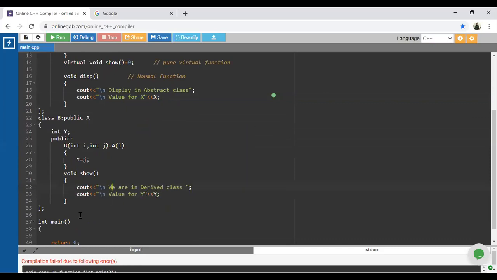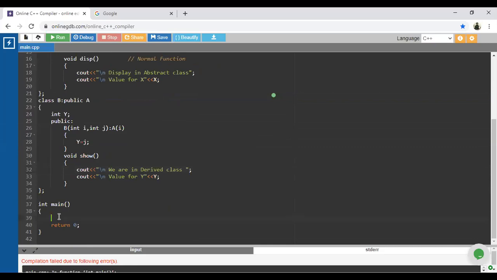Now create the object. For which class are we going to create the object? For the derived class. How are we going to create it? D or small d, and this constructor is going to accept how many parameters, guys? Two different parameters: 10, 20, and the semicolon. What is meant by this statement? Here we have created the object for the derived class, and we are passing two different parameters to the derived class constructor, and from that derived class we are going to call the constructor of the base class with the help of one argument.